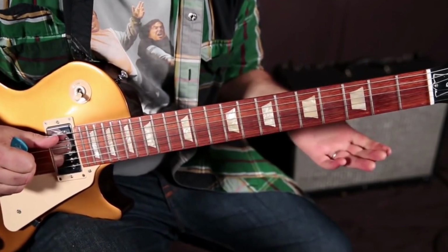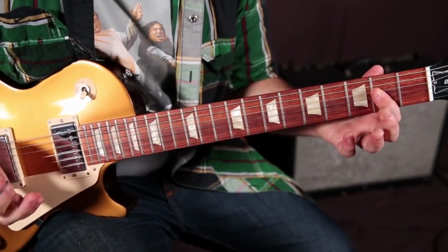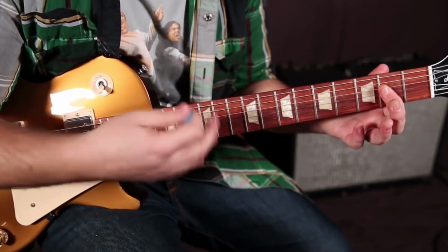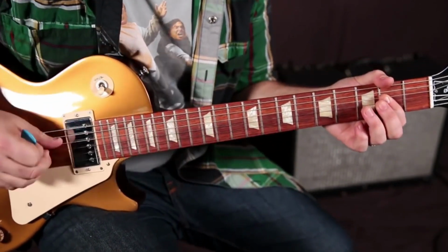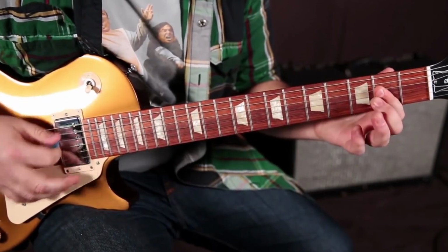So that's the first little variation. There's some variations. I was using my fingers there, which I think is a little more authentic in that opening sound, but then later it's strumming away. But either way,